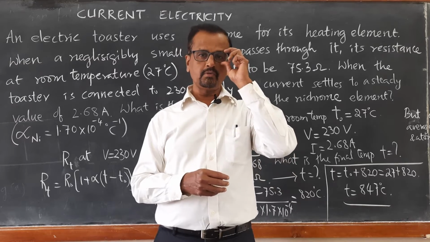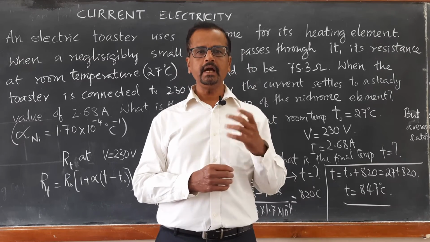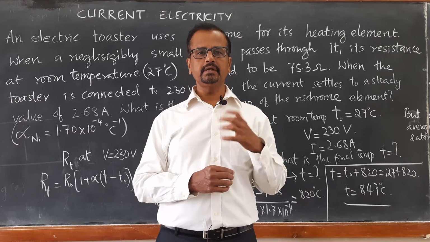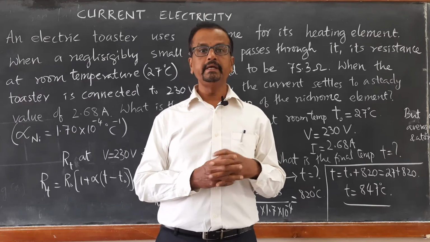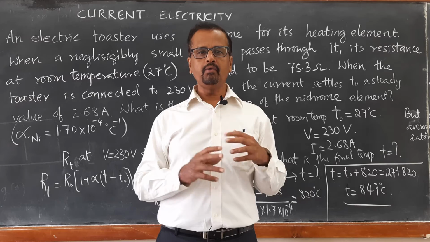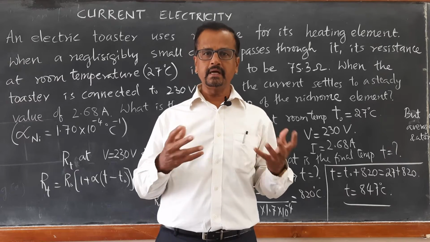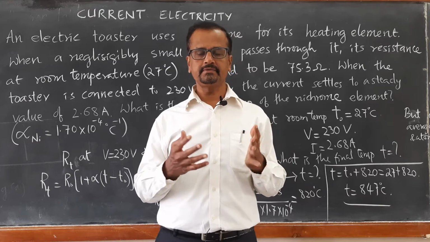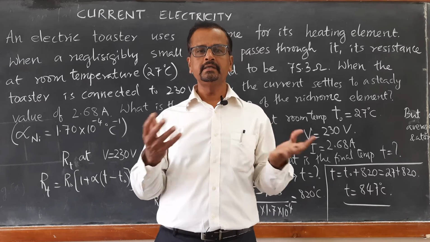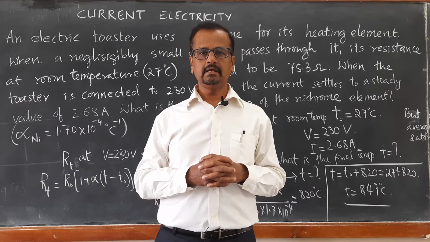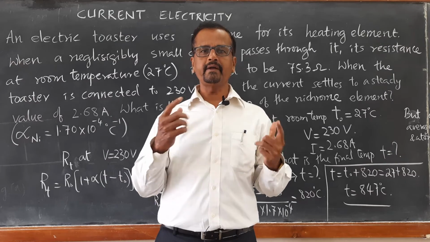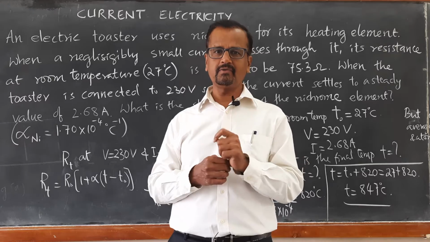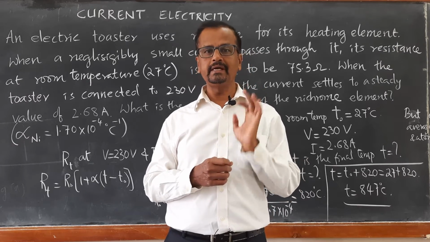Today let us solve one more problem, and we'll come to know how the current passing through a coil will heat it, and how one can measure that very high temperature, of the order of 800, 900, 1000 degrees Celsius, right? How one can measure that temperature with the knowledge of resistance. We have already solved one problem. Let us solve one more interesting problem.